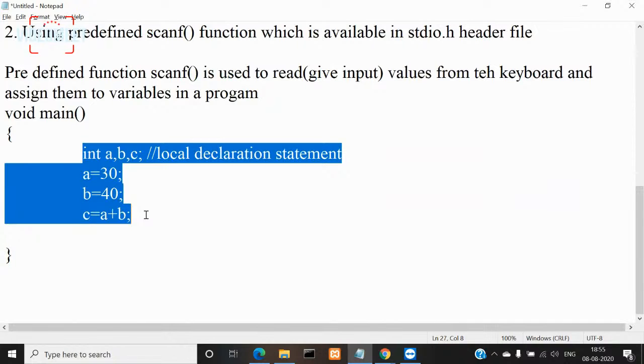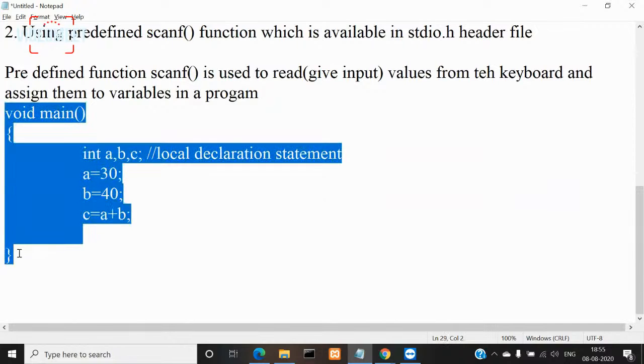But as I told you earlier, user defined functions have a rule that they must be declared, defined, and called. That rule applies to all other user defined functions, but for the main function alone there is an exception; it is enough to only define it. Okay? Now